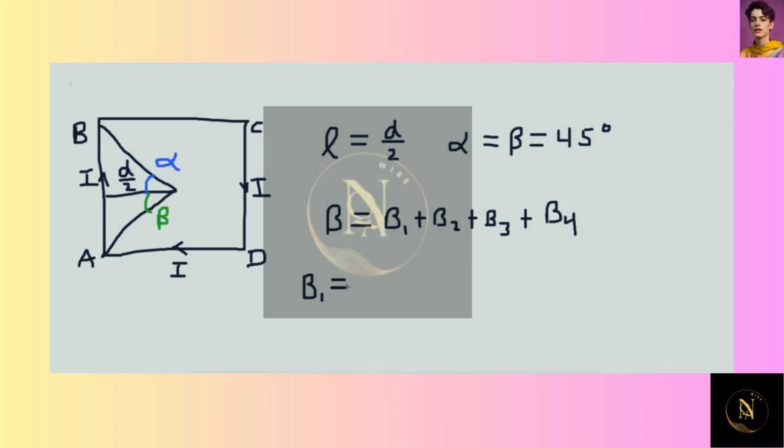B1 equals mu naught, the magnetic permeability of free space, times the current I, divided by 4 pi times the distance L. But we said that L was D over 2, so this is times D over 2. And then this gets multiplied by the sine of alpha plus the sine of beta. But we also know that alpha and beta are equivalent, and they're both equal to 45 degrees. So we can further simplify this a little bit. Let's write it on another page so we're not pressed for room. B1